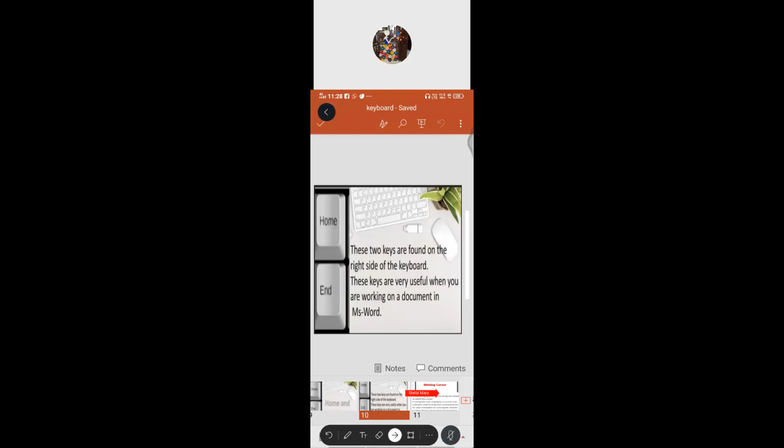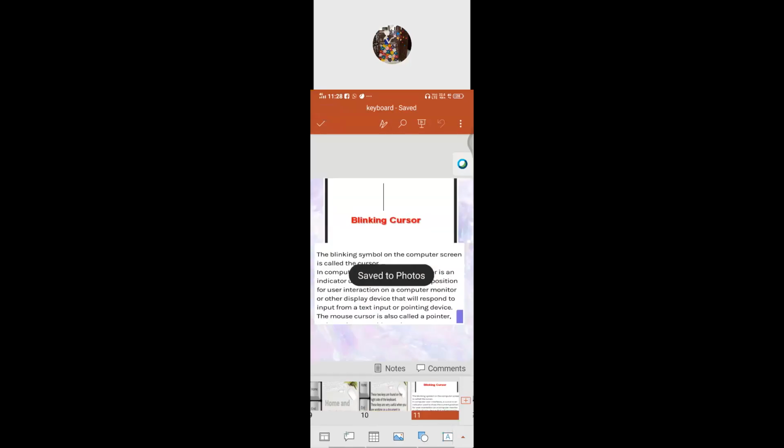The next one, what is a cursor? The blinking cursor. We know that as soon as you switch on the monitor, we can see it. I think most of you can observe that. The blinking symbol on the computer screen is called the cursor.